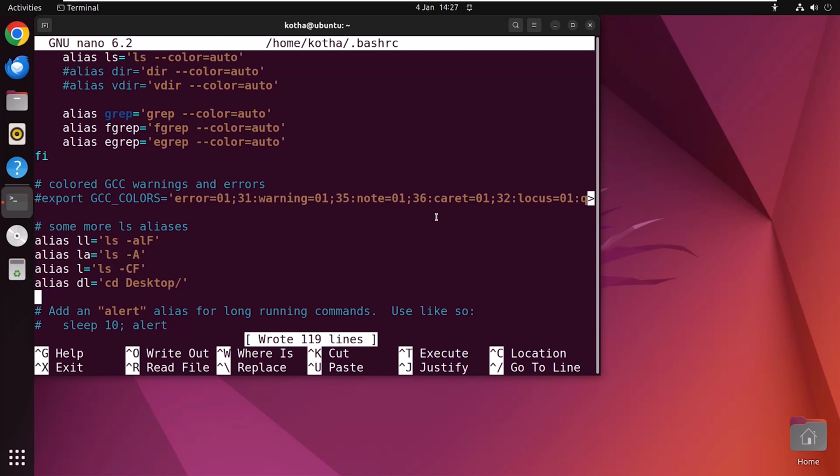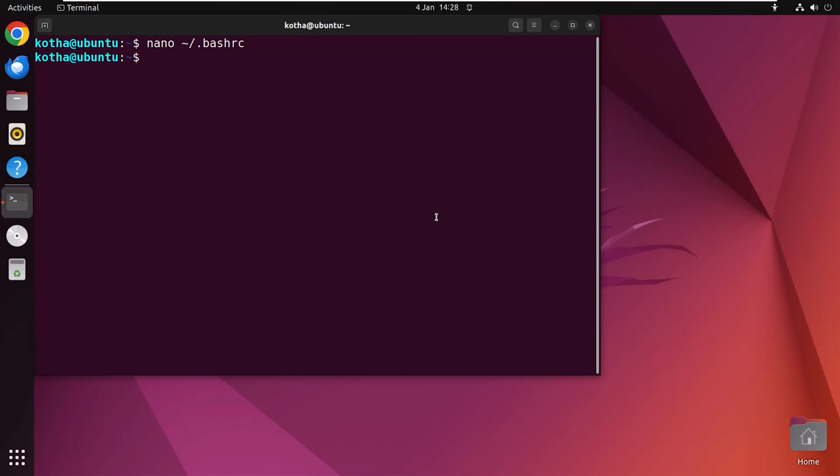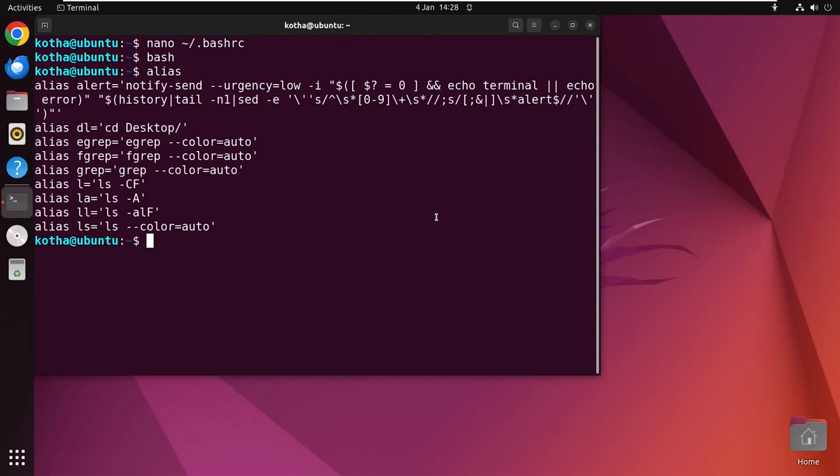Now press Ctrl+S to save the file and Ctrl+X to exit. Now to load the file, type bash and hit enter. Otherwise, you can also close the terminal and open a new one to do the same. And then to check the aliases, enter the command alias. Hit enter, and you can see that the alias I have assigned, dl equal to cd desktop, has been set